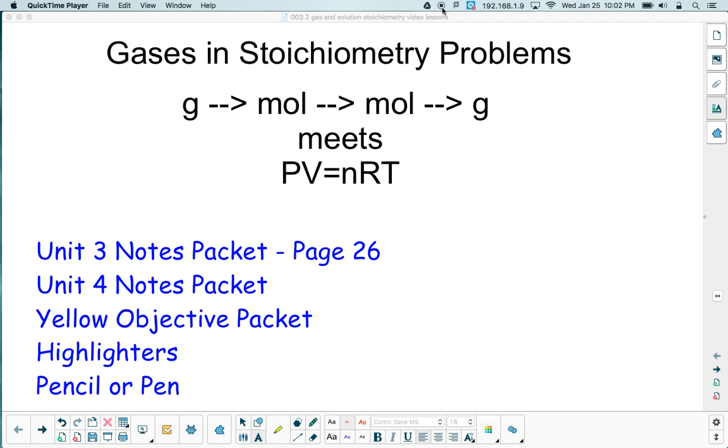Grab your Unit 3 notes packet and open it to page 26, and we're going to actually start at the beginning of your Unit 4 notes packet. You should also grab your yellow objective packet, a couple of highlighters, and a pencil or pen for taking some